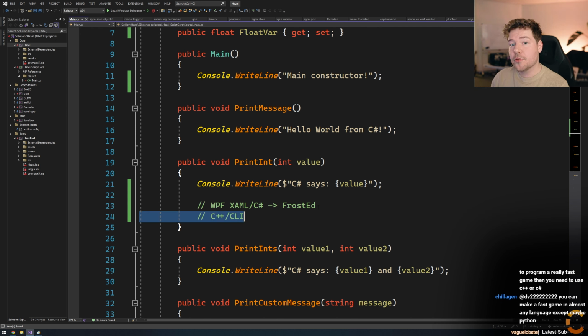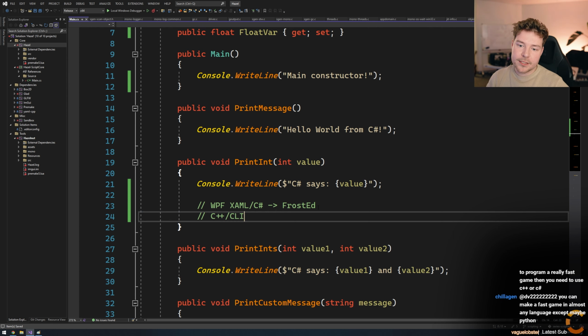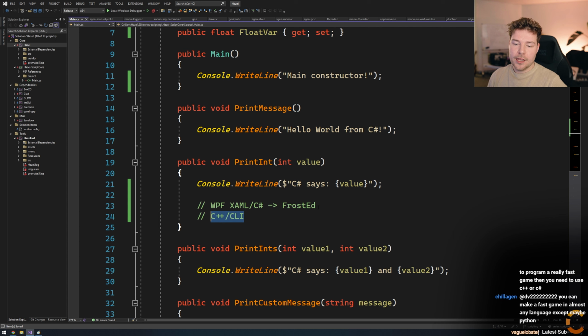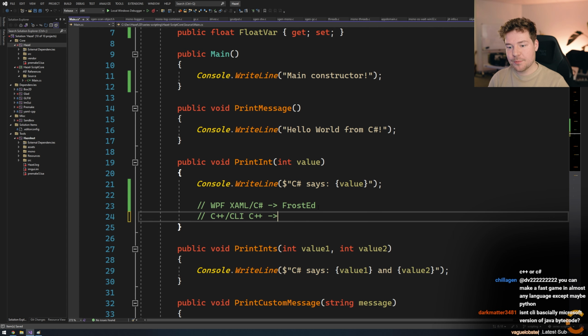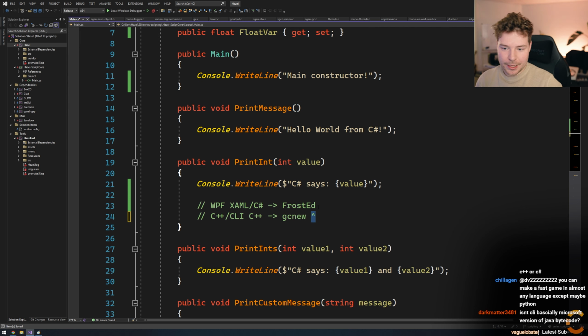That's another very valid way of running C++ code and interacting with C++ code from C#, because this is a cool language in which you basically get C++, but it's managed, and so you can have keywords like gcnew, and you have these hats which refer to kind of pointers, but they're garbage collected pointers.